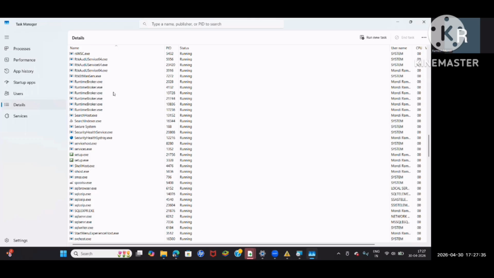Now, when you go to the instance, we have two types: one is the default instance, one is the named instance. What is a default instance? A default instance is nothing but your computer name. You need not provide any name for SQL Server; automatically SQL Server gets the name from the computer.